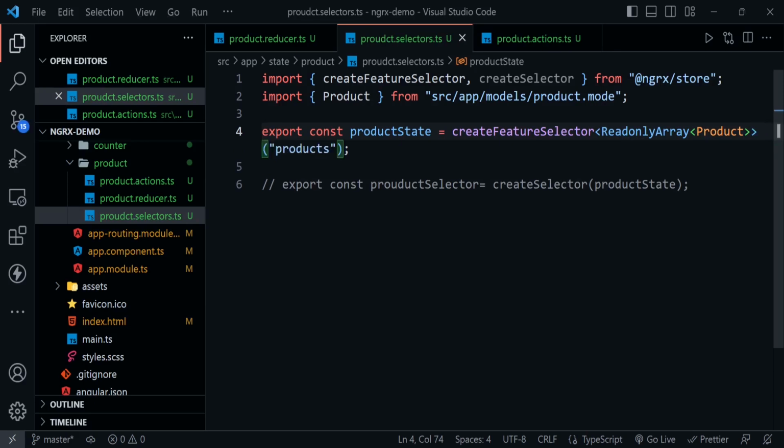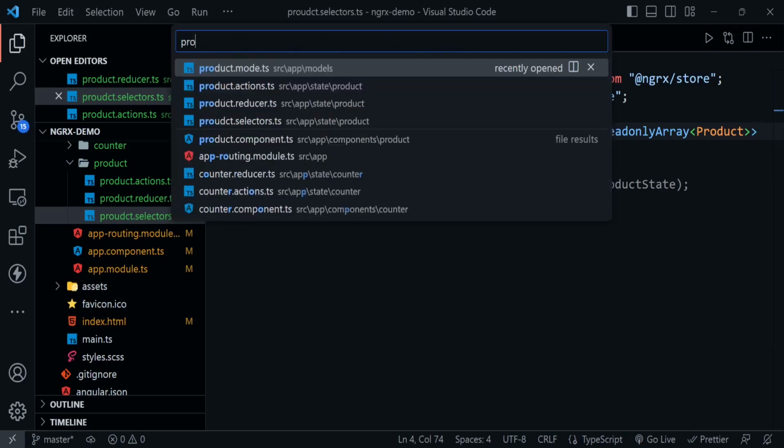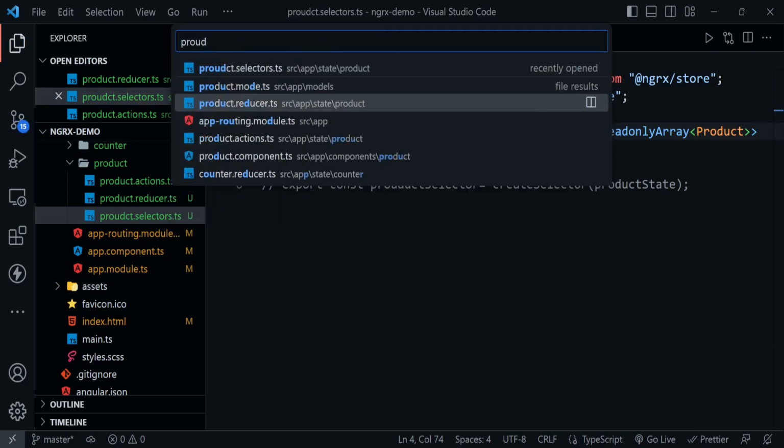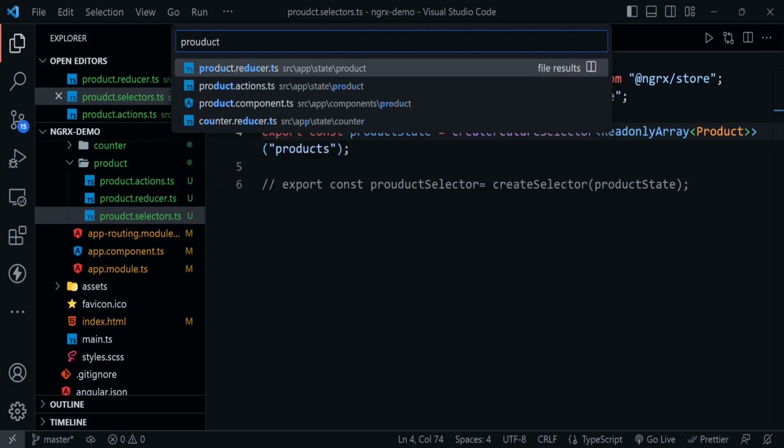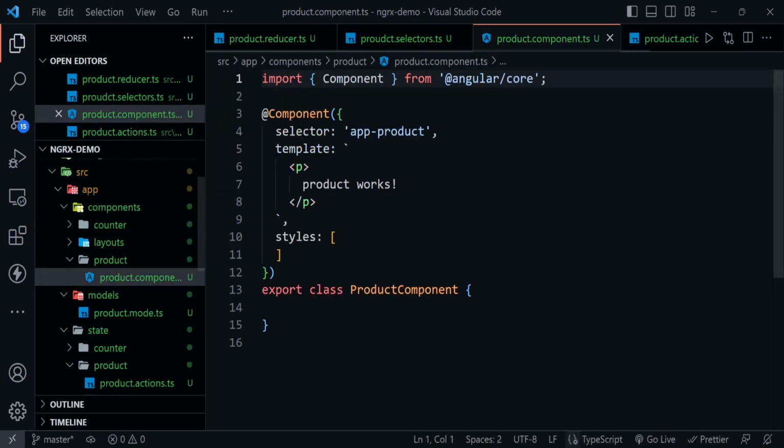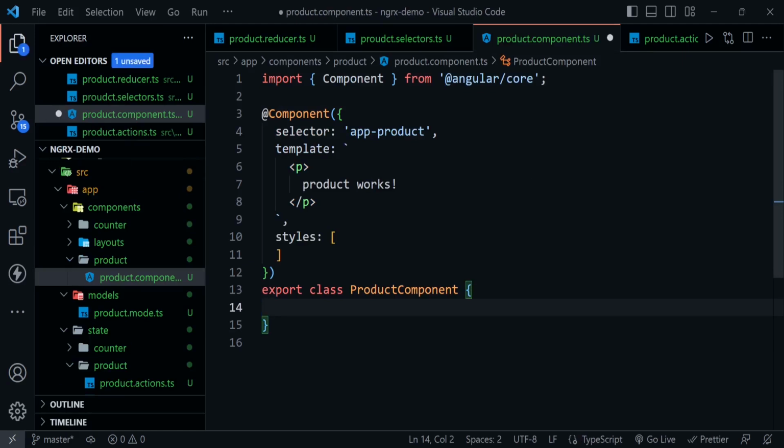So it is it. Now we can move to the component section. So just type here product component, it is here. Now we need few things here. First thing, we need a constructor, and we need to inject our store here. So private store